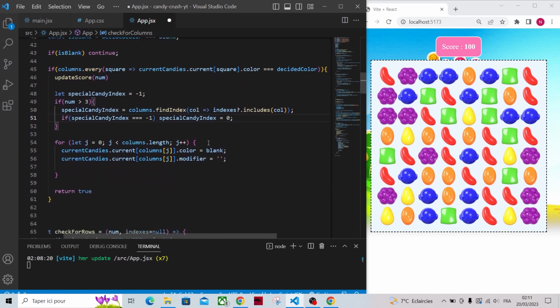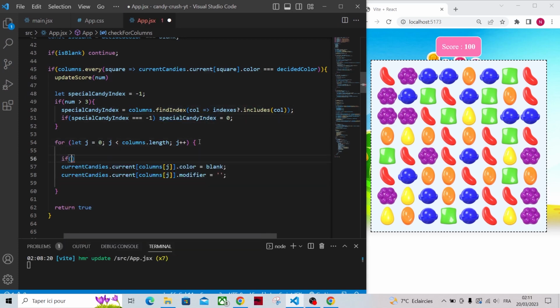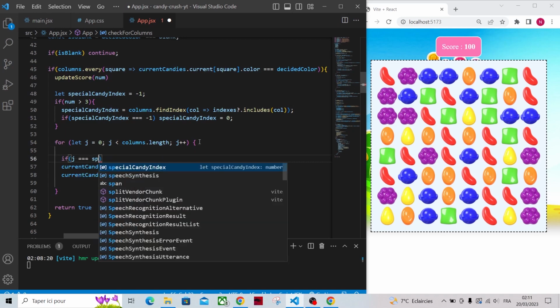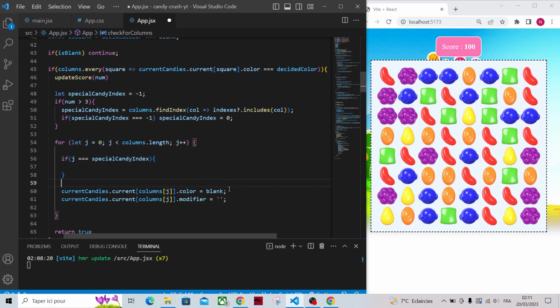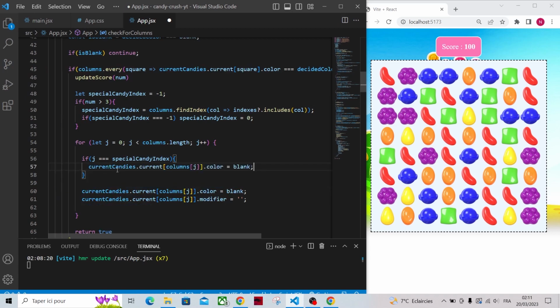And now when we are looping to set all of our match to blank, we'll exclude the special candy index. We'll say if g is equal to special candy index, we'll say take this and current candy colon g of modifier is equal to